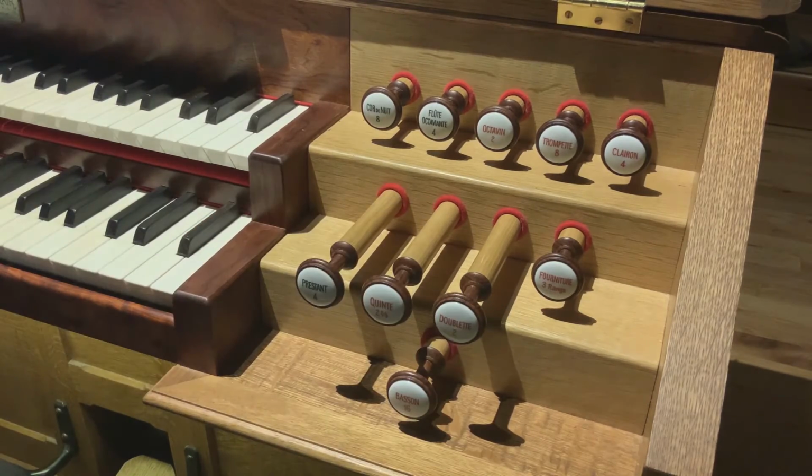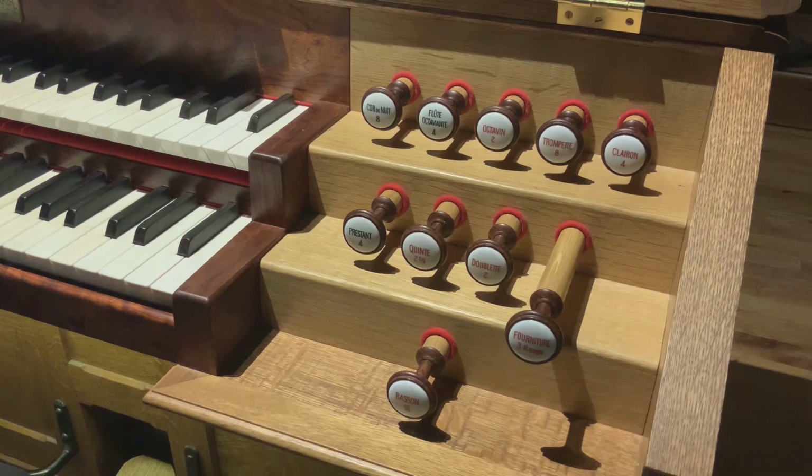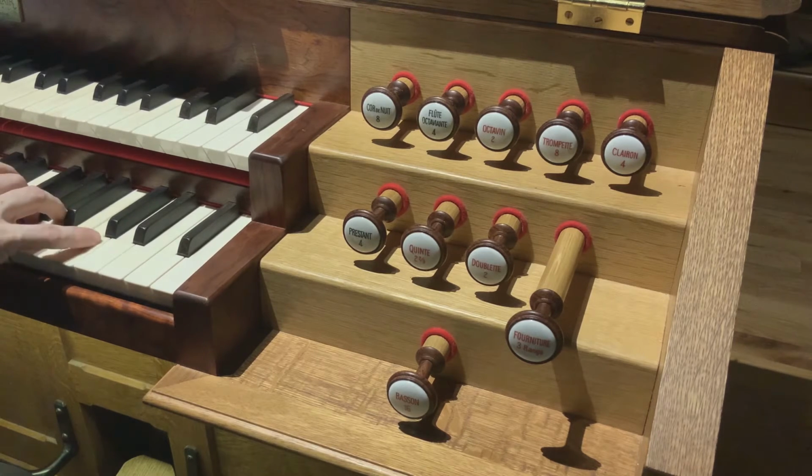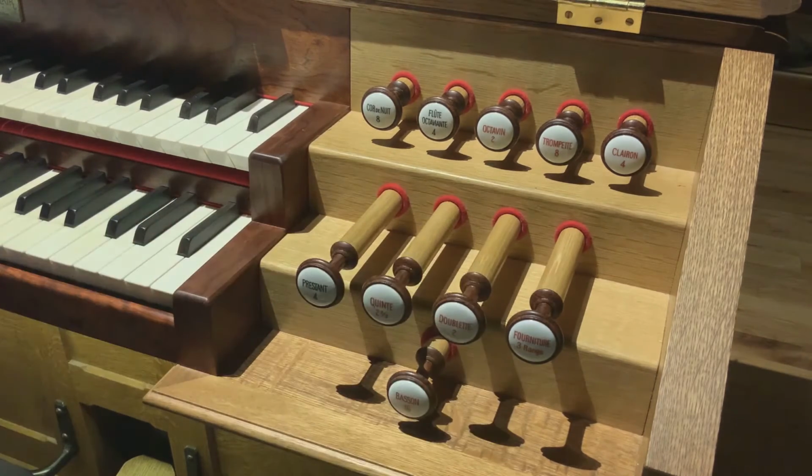Put those together, put that foundation stop underneath them, you get furniture or mixture stop. I'm just going to play that from bottom to top. It's a little bit unusual. Organ builders will notice. That really was playing from the bottom of the keyboard up to the top. You put that all together. In fact, you put all the stops on the lower keyboard on together, you get